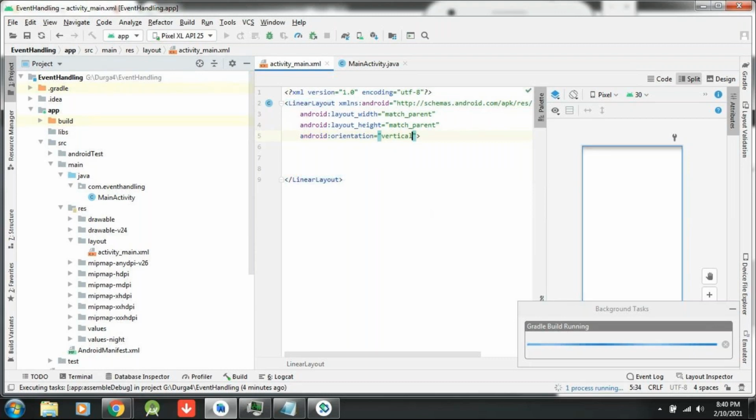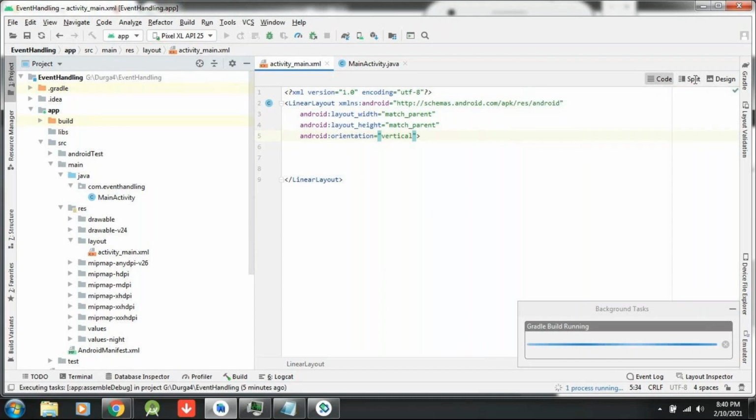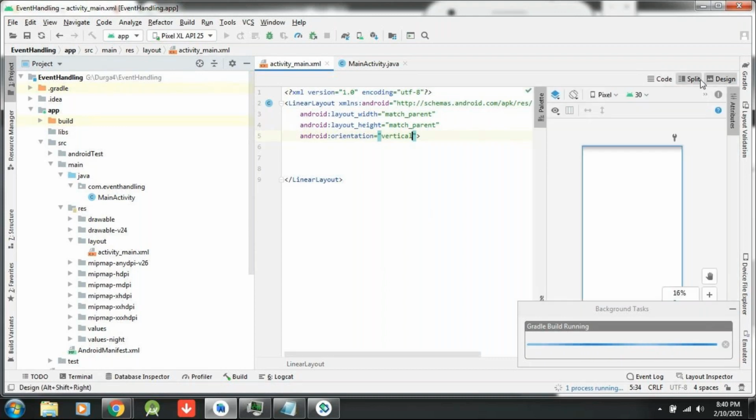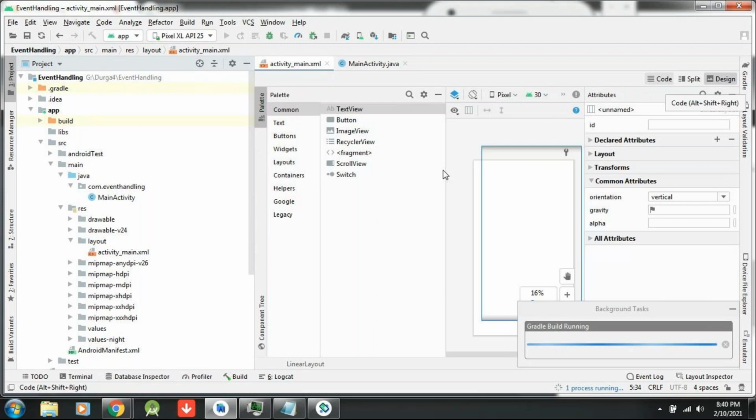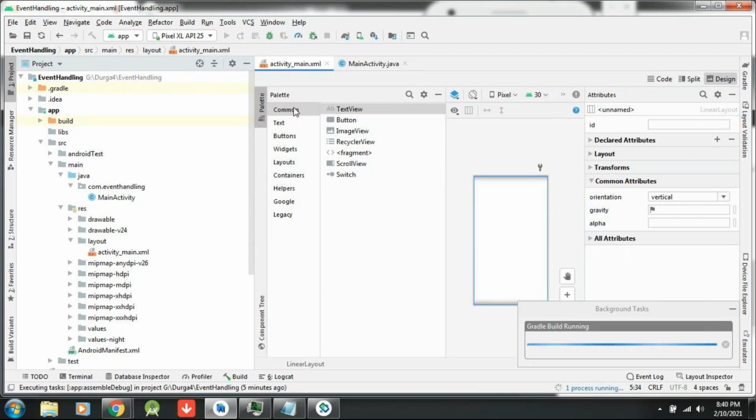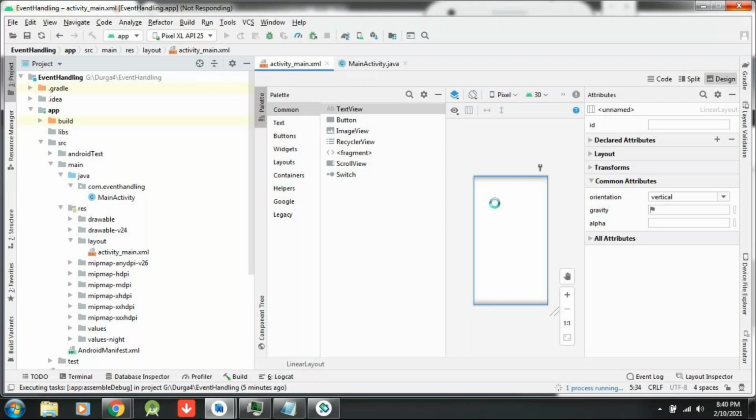Now into this XML, let me drag and drop a button. I would like to add a simple button. See here, in the common palette the button is there, so I am dragging and dropping a button.